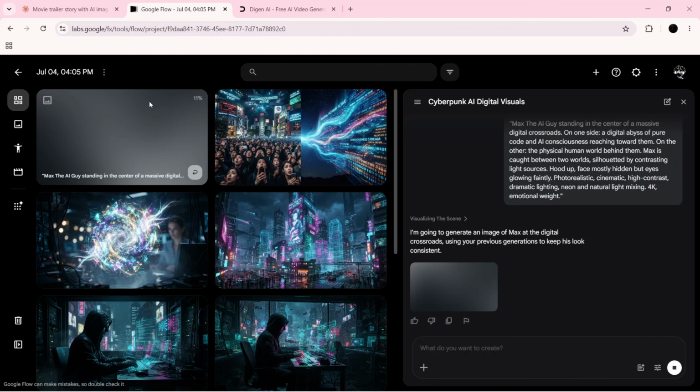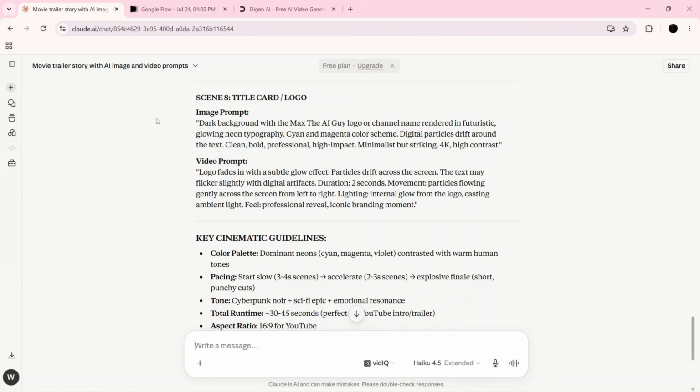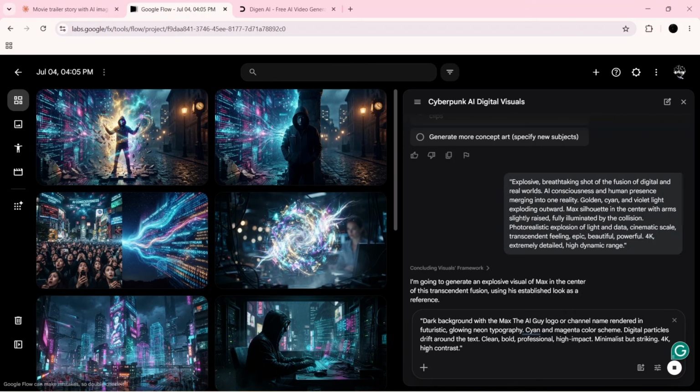Continue generating each scene until your complete storyboard is finished. Once every image is ready, we can move on to the next stage of the production process. Now it's time to transform those images into cinematic videos. We'll return to Claude AI, copy the first video generation prompt, head back to Google Flow, paste it into the